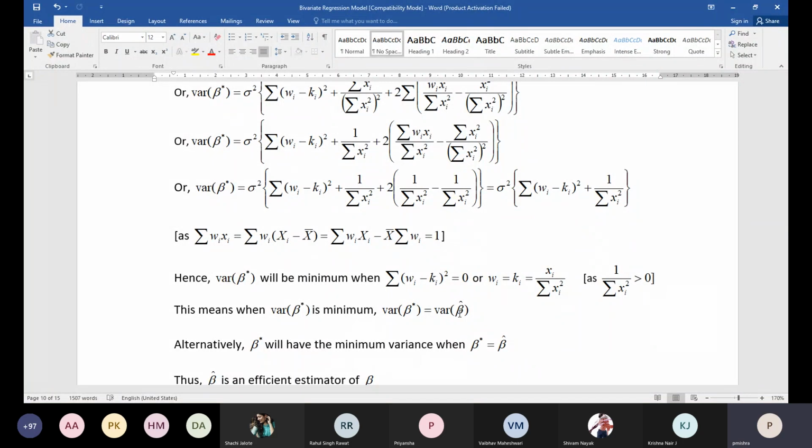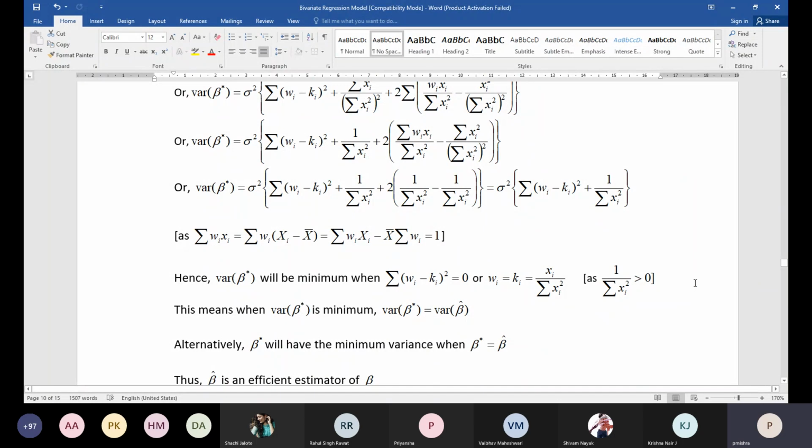Tell me if it is clear. Forget about the derivation part for the time being. Just concentrate on this. Leave aside the derivation part for the time being and see if this logic is clear. Just here.